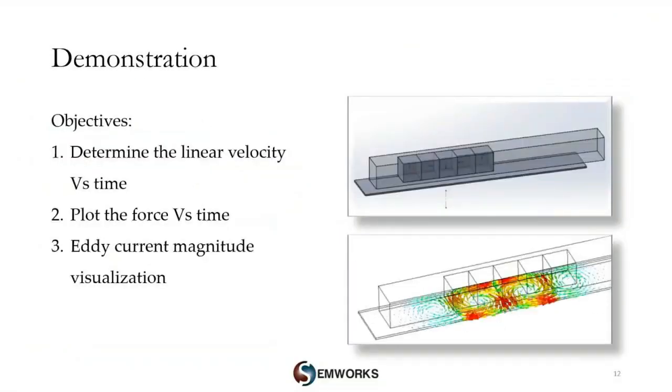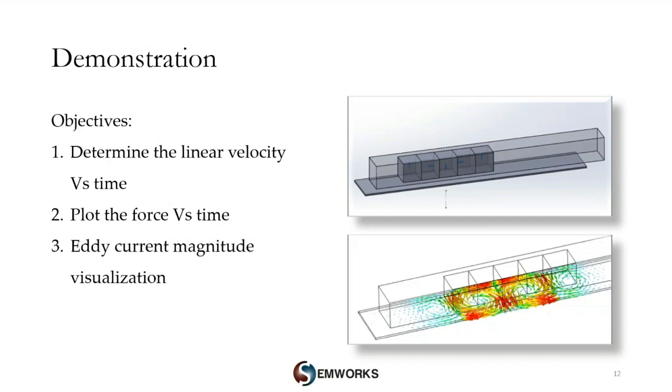Thank you, Kalyan. Now, in this second demonstration, I'm going to show you another type of motion which can be used for eddy current braking. That's the linear system. And linear systems are also quite useful, and they are widely used, for example, in roller coasters or in transit systems, where things move linearly and you want to stop them.